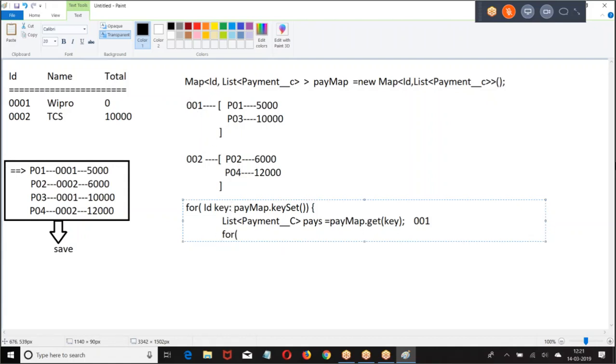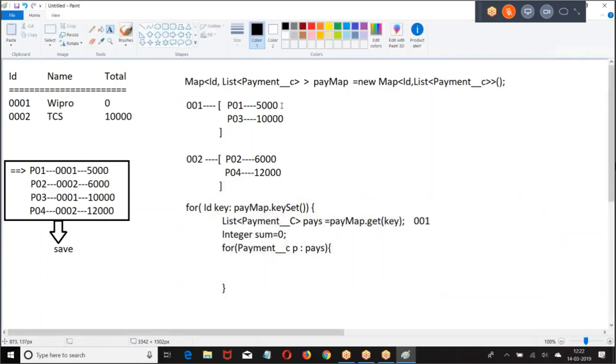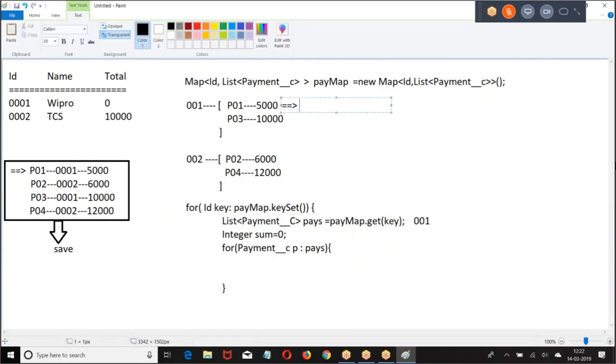Then I told for payment P. Now what is P? This is P. Then I told sum equal to sum plus P dot amount.